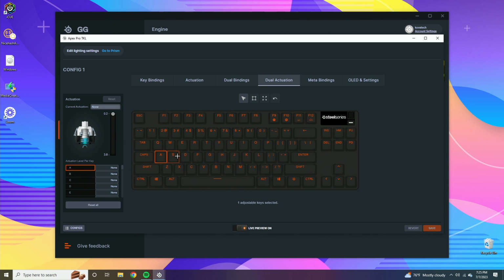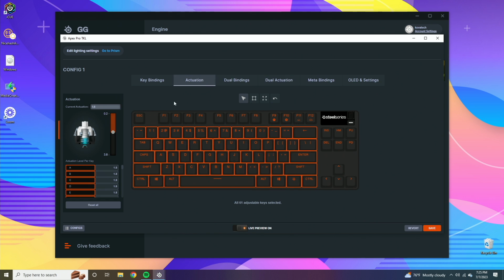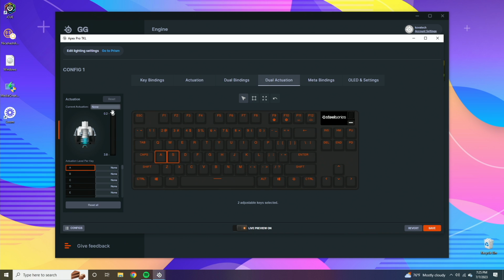So I'm going to go ahead and do the letter A and S, and now I have them both selected, and I can select the actuation to happen sooner or later by dragging it up or down. Now one thing to note is if I drag the toggle bar to the bottom here, you're going to get an error because this actuation is lower than the actuation set here. So it has to be past here because everything automatically actuates above the halfway point. So you only have to release the key halfway through. When you do dual actuation, you have to go past the halfway point like this,